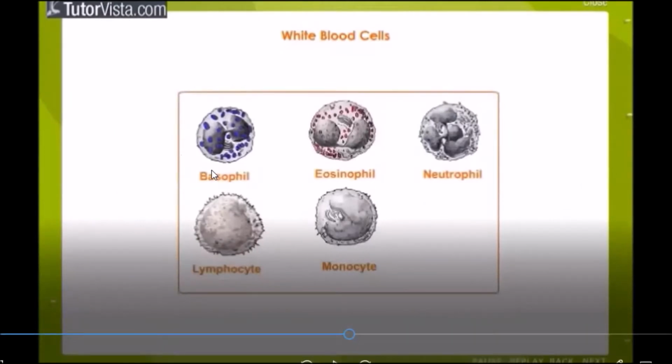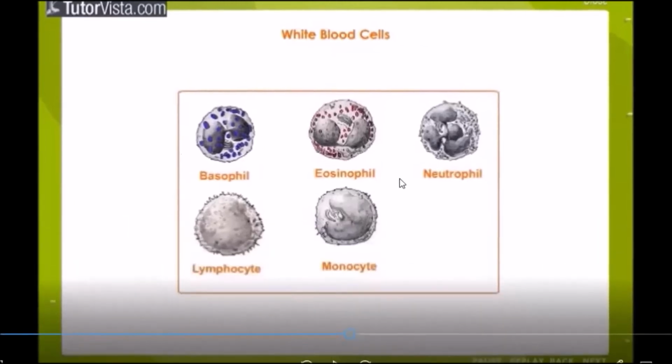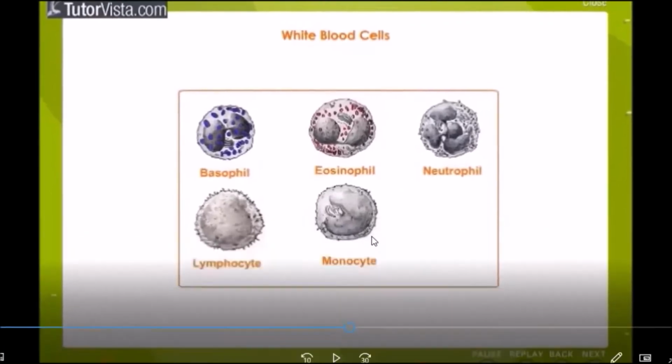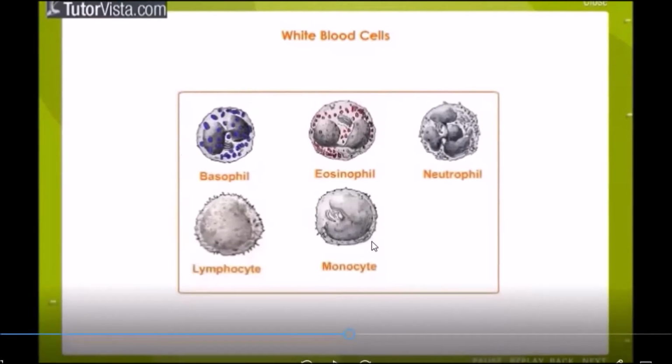Granulocytes means that the white blood cells have some granules in their cytoplasm. As you can see, these first three cells have different colored granules in them. This has blue, this has pink, and this has gray. So it means they all three fall under the category of granulocytes. While the other category, agranulocytes, means that A means, again as I told you before, nil. So no granules are present in the cytoplasm. Here you can see no granules, and these two fall under the category of your agranulocytes, that is lymphocyte and